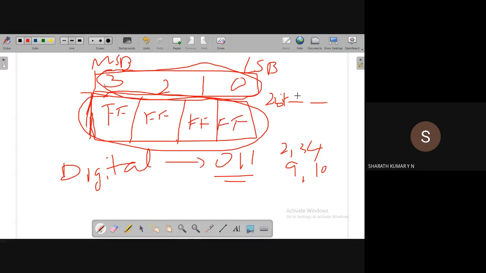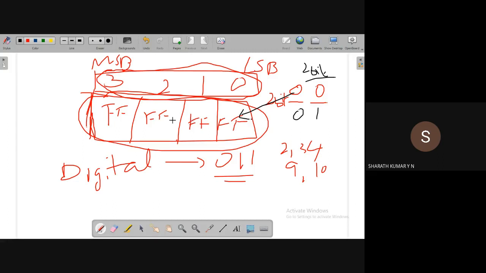Why 2-bit? For example, 0, 0. Let us say for example it identifies the first bit. That means the address of the first bit is 0, 0. Next comes 0, 1. I'm using a 2-bit number system or 2-bit representation to identify a 4-bit register. So the next bit is, let us say, 0, 1.